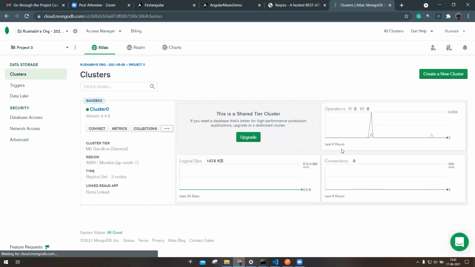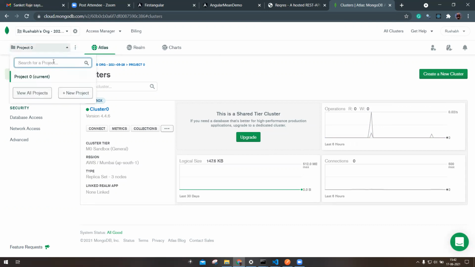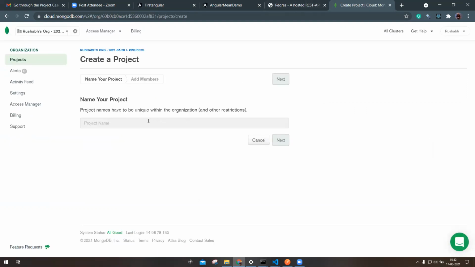So we have successfully signed in with the MongoDB ID. Now we will create a new project. We'll give the name of the project.